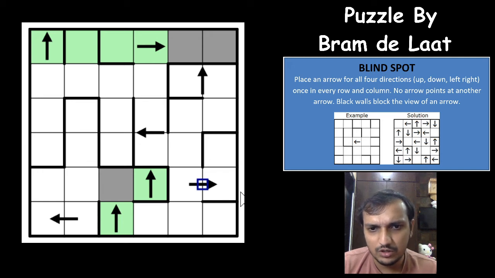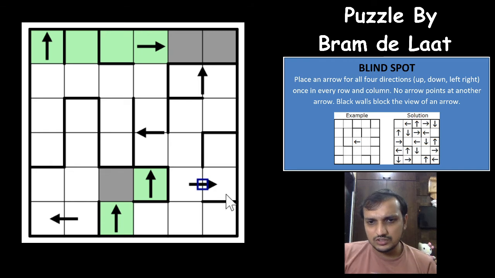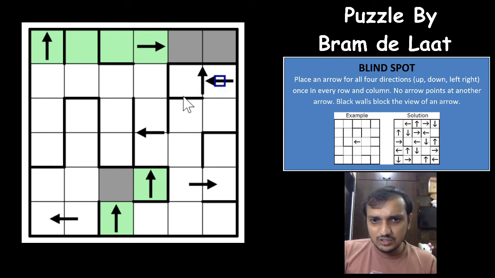A really difficult one. The notation itself seems to be very difficult here, but I think we'll be able to do it. As I already said, one of the logics here, when you have arrow pointing towards the edge of the grid, only two cells possible. So the last cell can never be any other arrow except the one that we have marked, right? So which means that now I can see that left arrow in this column cannot be here, cannot be here, because that will point to the upper arrow here. So if you have a left arrow here, this cell would have to be the upper arrow, and then you will have an arrow pointing towards the other arrow.